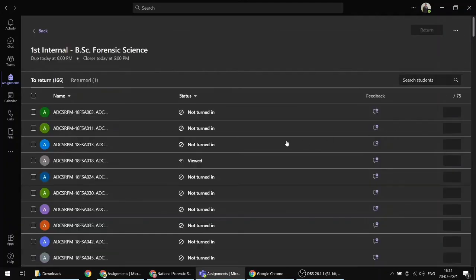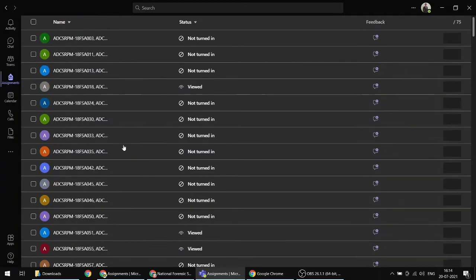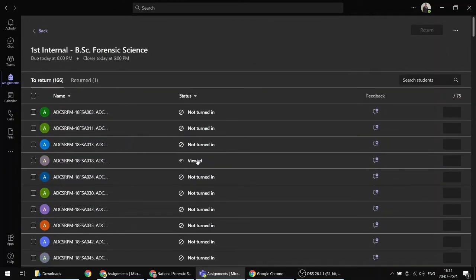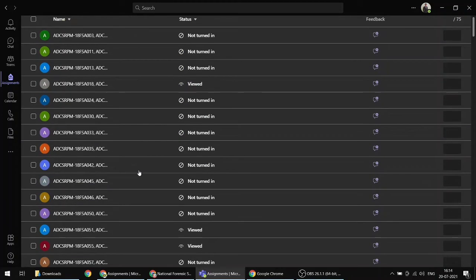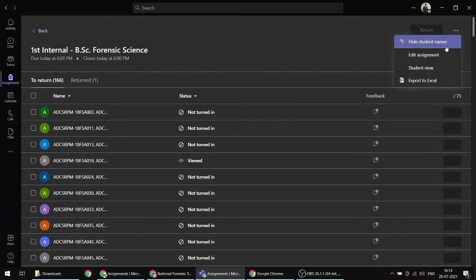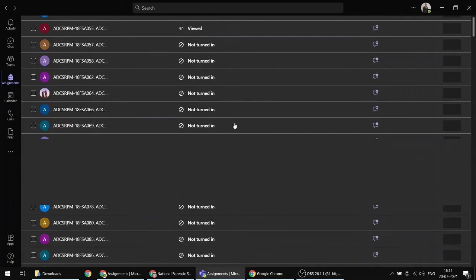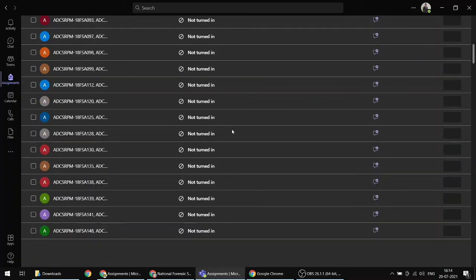Close. So for number 5, the assignment is returned, and its result will not be visible here. Let's see that in a different form. By clicking on Export to Excel, you will be able to see how many students got what marks. Here you have 2 written, so these are all pending. Students did not submit their work.